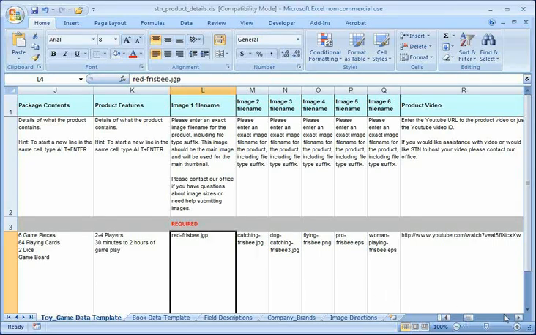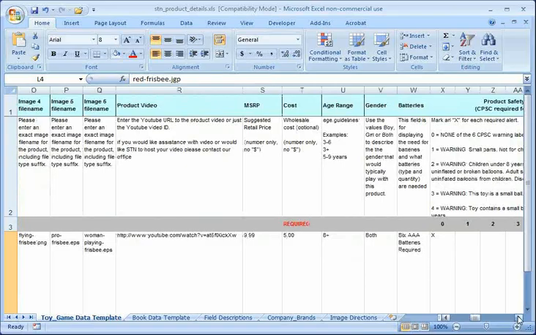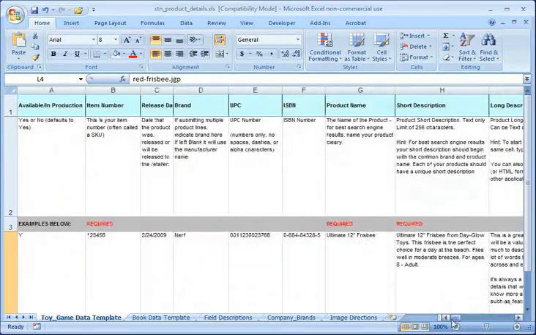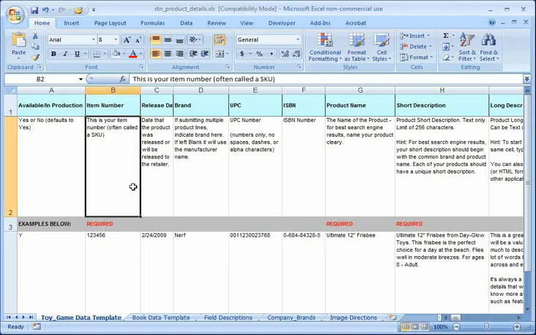I'm not going to go through each of these fields, but they are, like I said, all very important and will help you get your products sold through the retailer channels, with the more information that you can provide. Now once you've got this filled out,